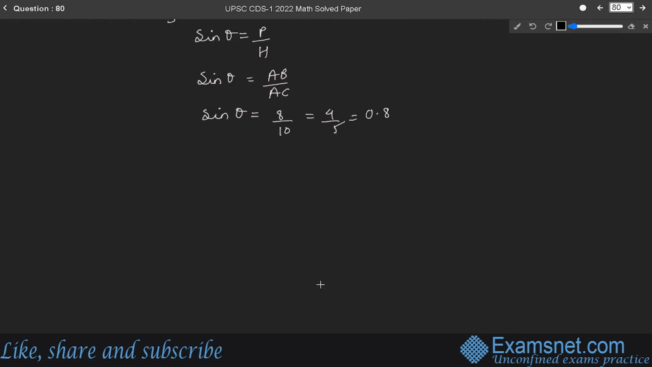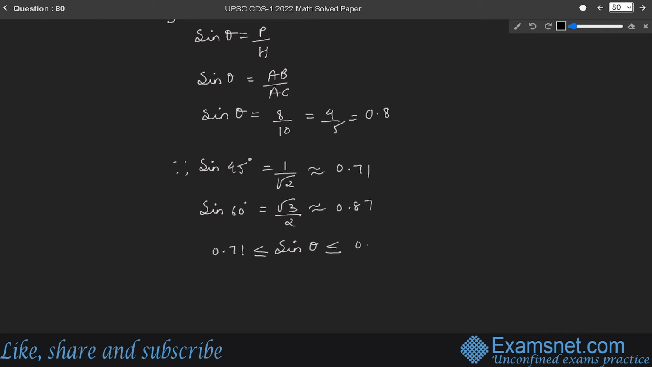Now we know that sine 45 degree is equal to 1 upon root 2, and 1 upon root 2 is approximately equal to 0.71, and we know that sine 60 is equal to root 3 by 2. Root 3 by 2 is approximately equal to 0.87. It means that sine theta lies between